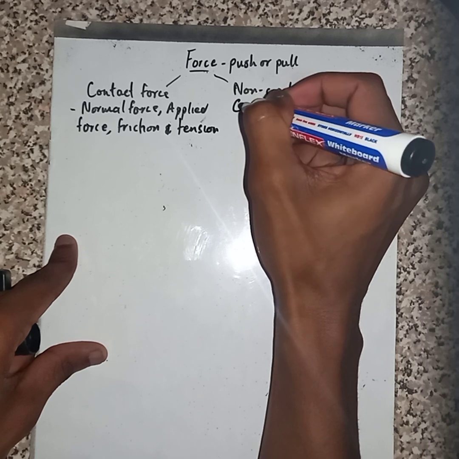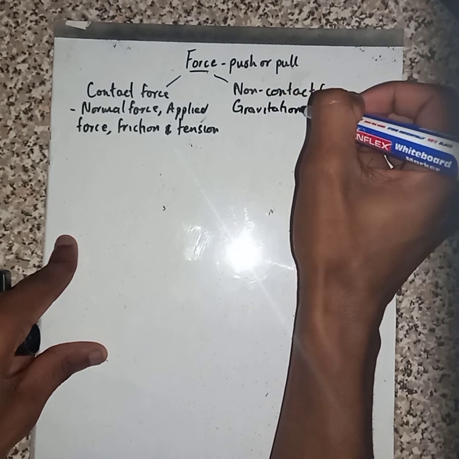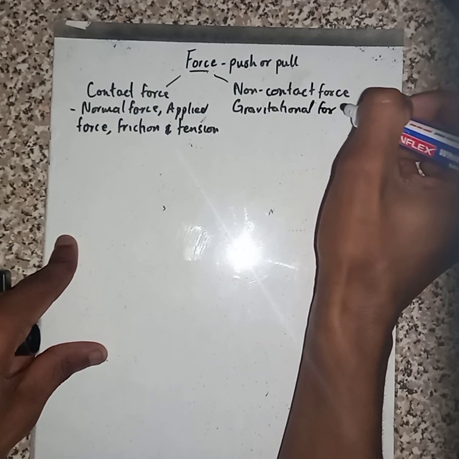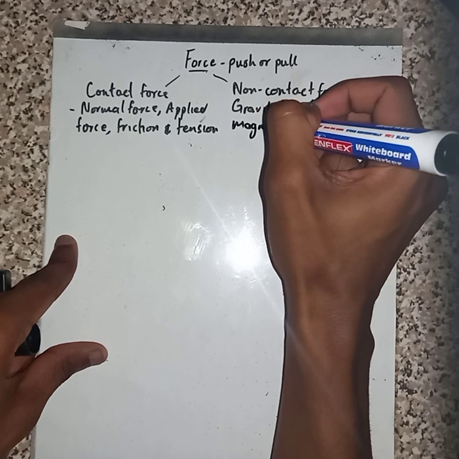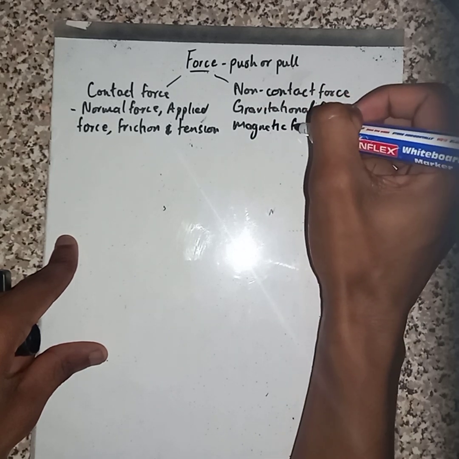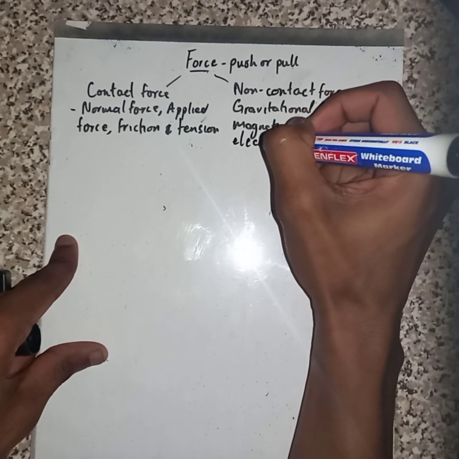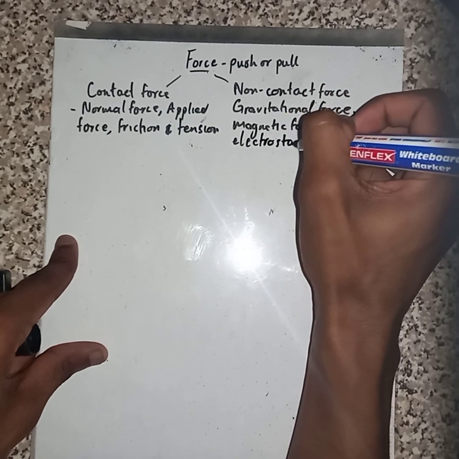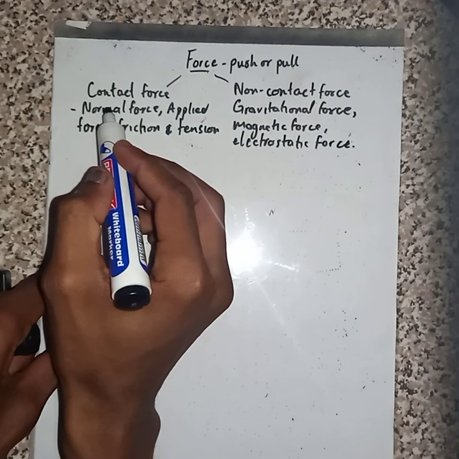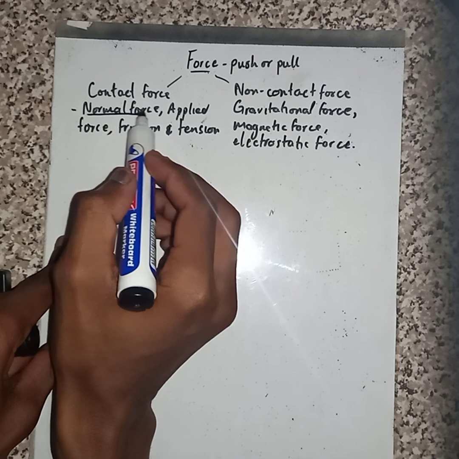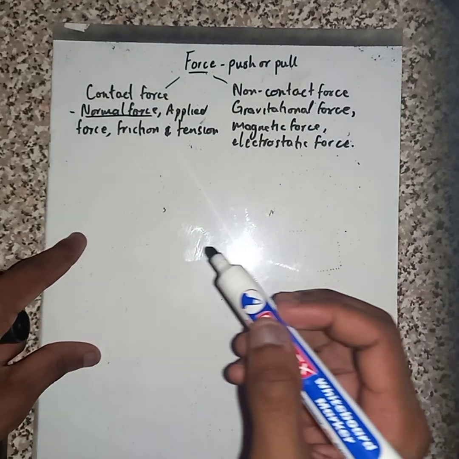Under non-contact force, we said we have a gravitational force, magnetic force, and electrostatic force. For today, we are going to consider mostly the normal force and also the gravitational force at